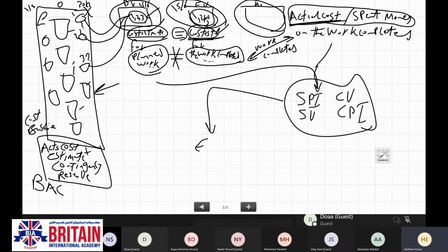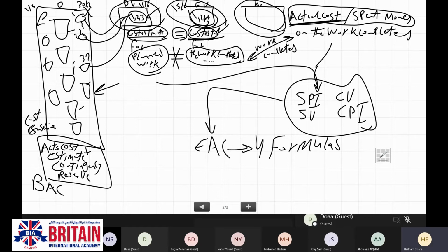This will be called estimate at completion, and it will have 4 formulas. Again, these formulas are already mentioned in the last lecture in the curriculum. We have 4 formulas.